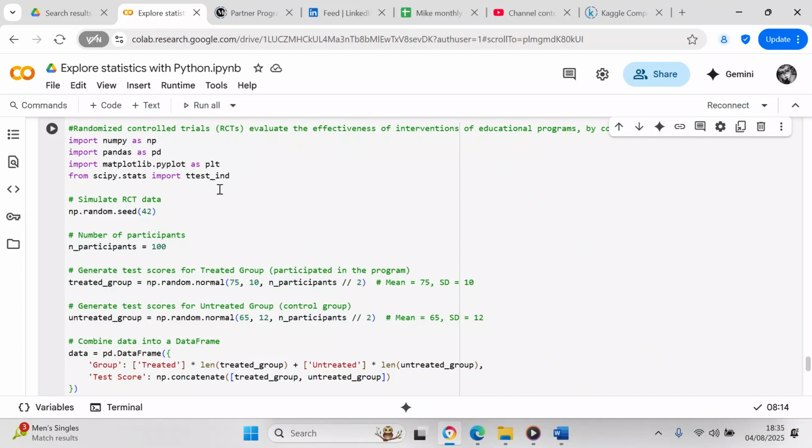Now we're going to generate some test scores for the treated group. This is the group of people that were in the program. So the treated group equals np.random.normal(75, 10, n_participants). So basically what you're creating is a normal distribution with a mean of 75, a standard deviation of 10, and